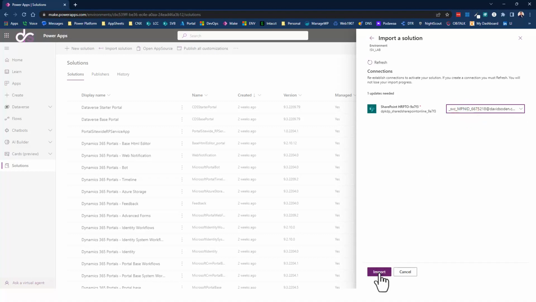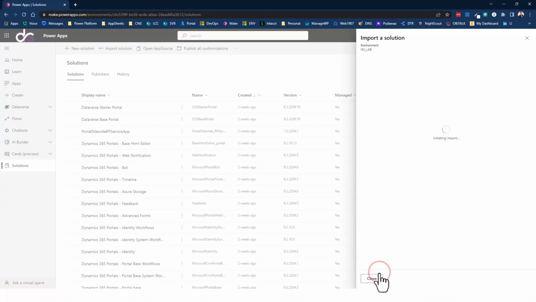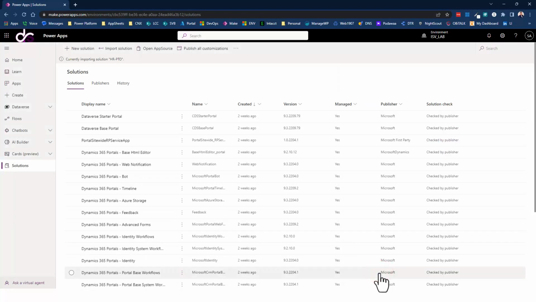So I'll now use that connection and continue to import the solution. Now, depending on the complexity of the solution, you may have a bunch of different connections. You may have other things that you might need to do, such as setting environment variables, things of that nature. So in any event, the key takeaway is I'm logged in with the service account and I'm